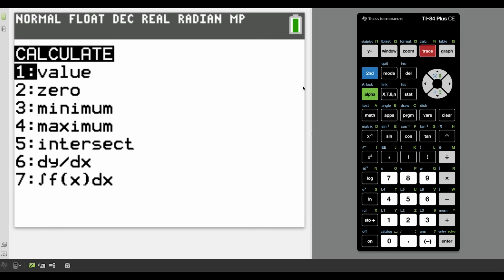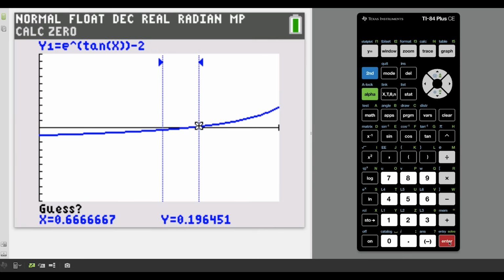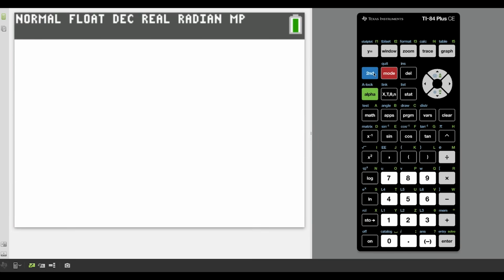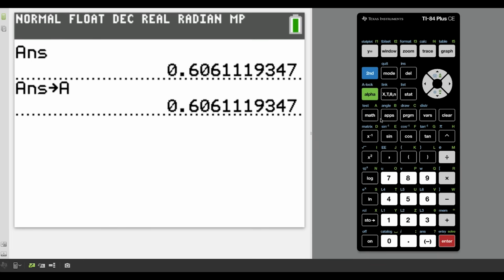So we press second trace number 2 to find the 0. And notice we're a little bit in the negative. We hit enter once. We scroll to the right. Now we're in the positive. And there's our root right here. So if we press second mode to go back to the main screen, we could press second minus sign. And there's our answer. We could store this as the letter A, and now our goal is to find the